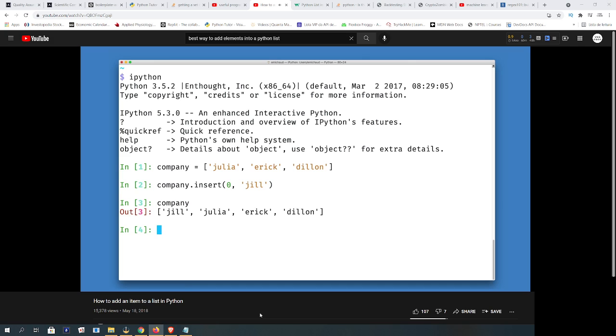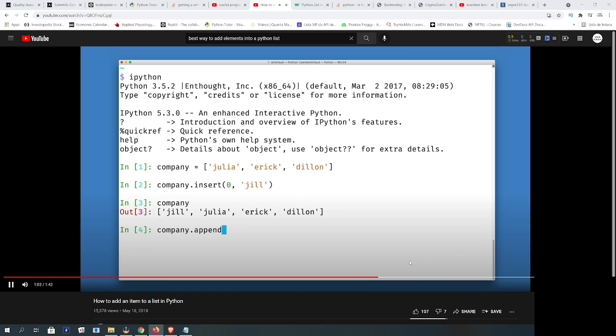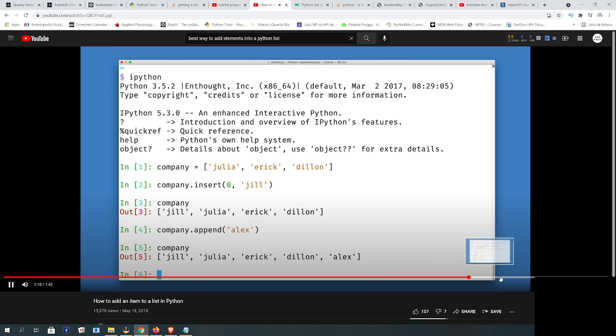There is a second method for doing this in Python, specifically for adding new elements to the end of a list. And this method is called Append. We're always adding to the end, and see that in my company, and removing data from the end is